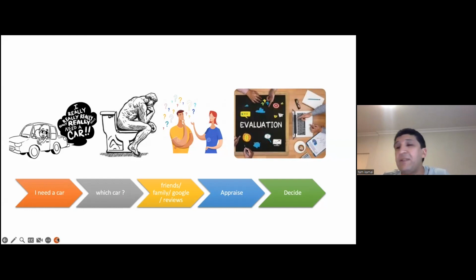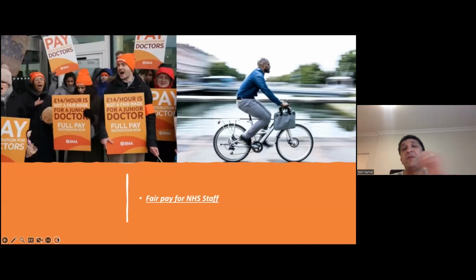You ask your friends, family, Google, look for reviews online. Then you sit down, have a cup of coffee like I'm doing, and try to evaluate all the information, and based on this, decide. And it's a very important decision. A car is a very expensive investment. And in the end, you see the light, you buy yourself a bike. And that's for a couple of reasons. One, you can't afford to buy a car because your pay is crap. Two, it's the economic